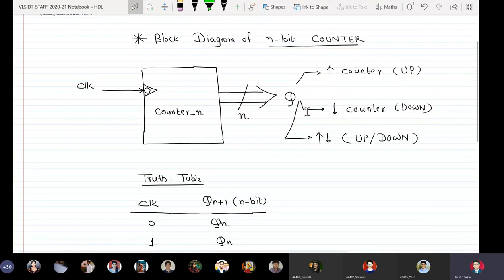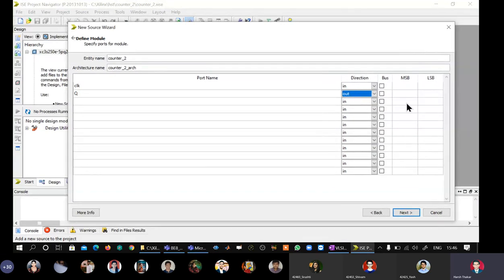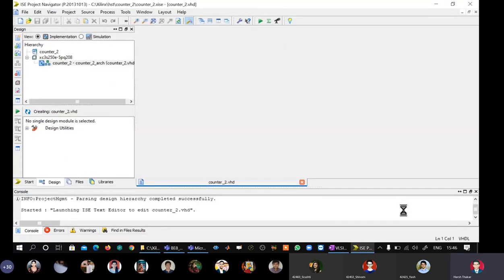I have to use n-1 down to 0. That is why I will say direction of Q as out. And then there's a new thing which some of you must be learning: because output is 2 bits, I will say bus, and I want 1 down to 0. So I will put 1 here. LSB becomes 0. No other inputs are there. Just say next, just say finish.